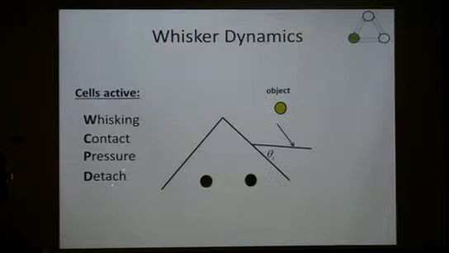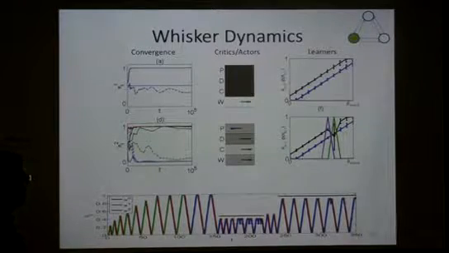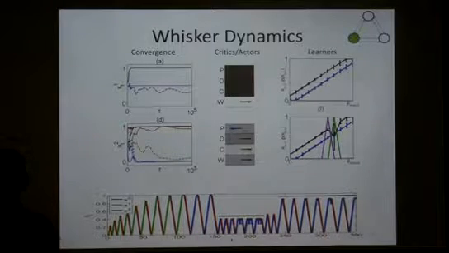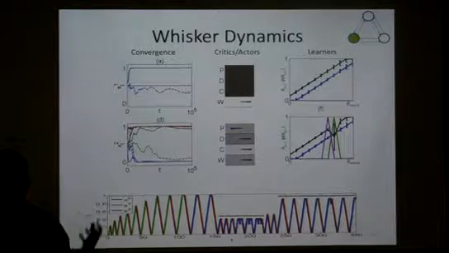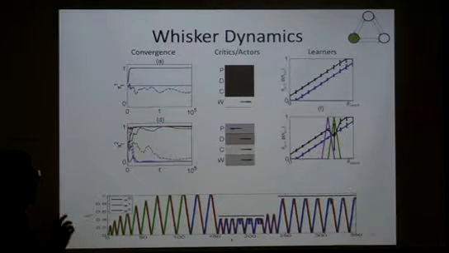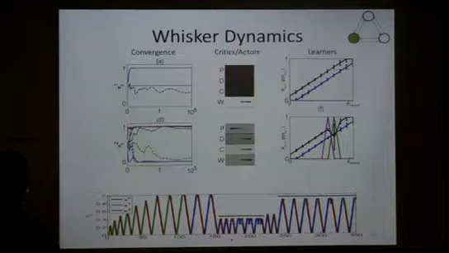The reason I have this is because Ehud Ahissar, my supervisor, discovered these cells in the trigeminal nucleus, which code for contact, pressure, and detach. So this is the contact information that I have, and I just plug it into the model. I'm using two loops, two hierarchies. The first one is learning the self-motion of the whisker, so there are no objects. And the second one is learning interaction with the objects.